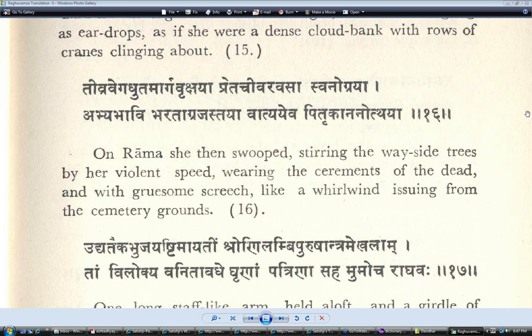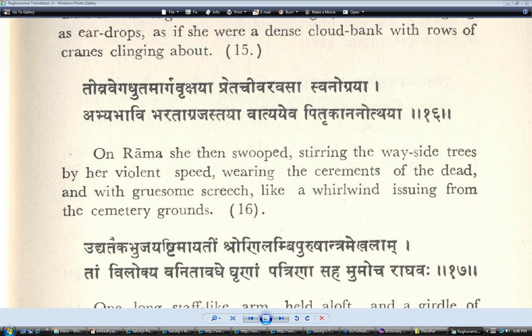Okay. Now the next one is stirring the wayside trees by violent speed. What is that? Tibra Vega Dhruta Margokshaya. Very good. Within that, what is the word for stirring? Dhruta. And the wayside trees? Marga Vriksha. So Marga is the wayside trees. And the violent speed, that is Tivra Vega. Then wearing the